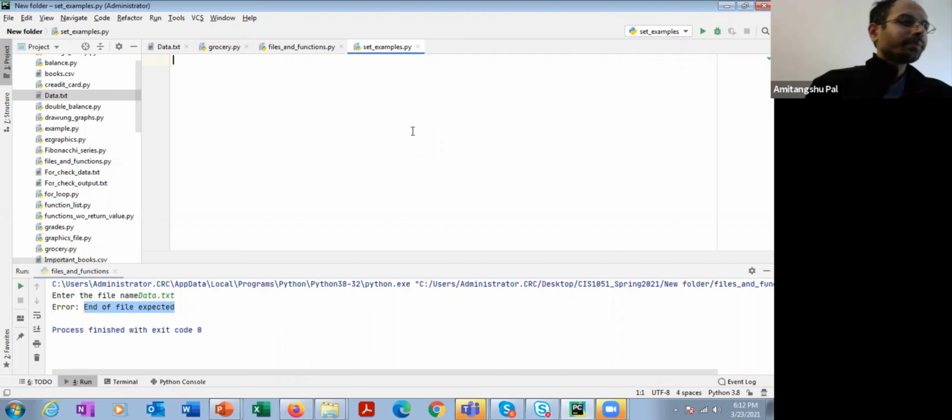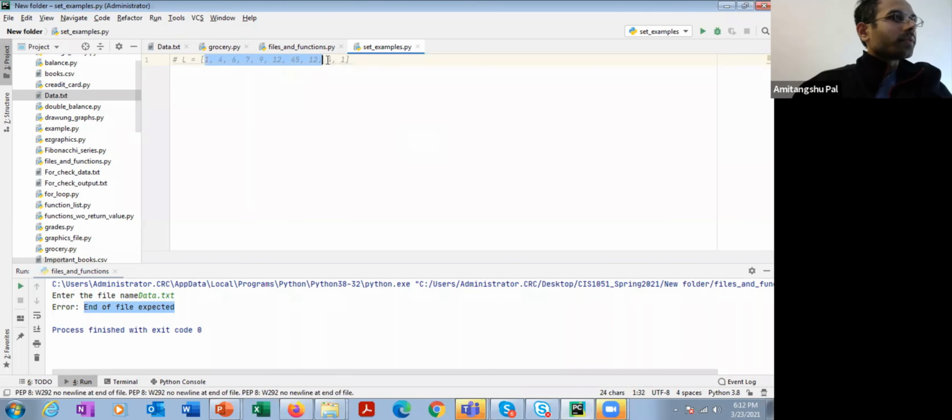What does this mean? In the case of a list, say for example, L is a list, and I write 1, 4, 6, 8, 9, 12, 24, 45, 12, 4, 1. L is a list consisting of a collection of different variables, and L0 means the first element, which is 1. L1 means the second element, which is 4.